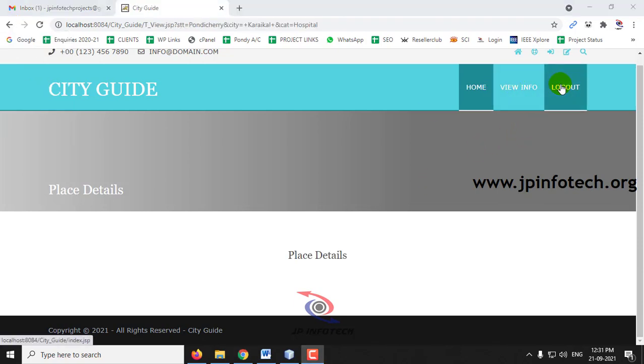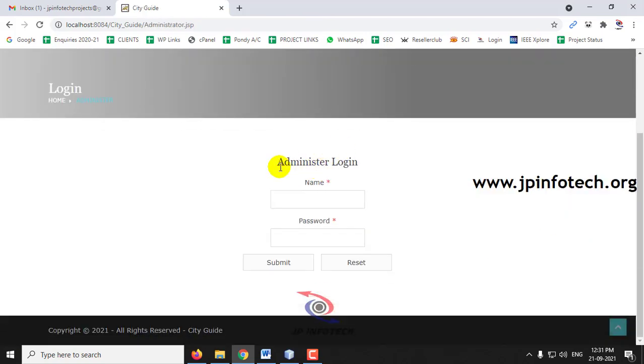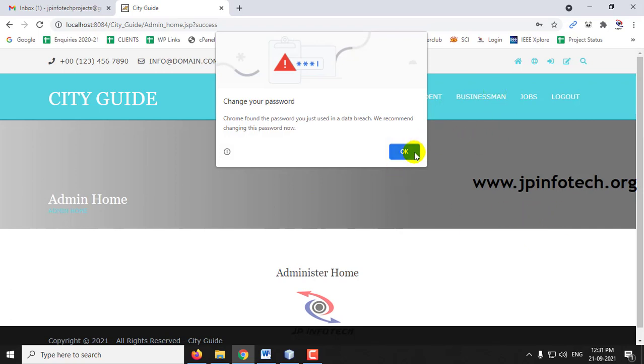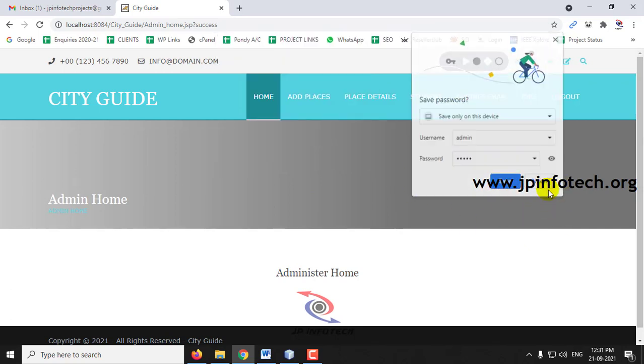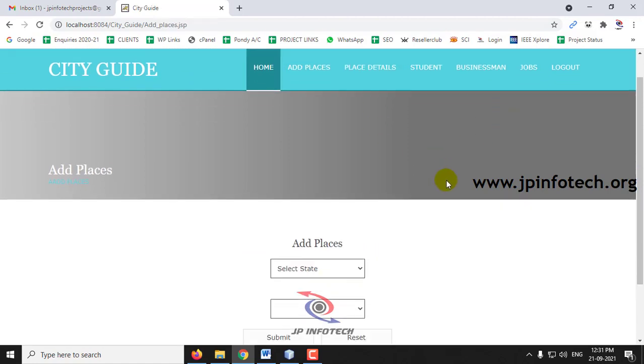So now let us log out from the user part. Now let me go to the admin part. Here you can see the administrator login. Just enter the administrator credentials, and once the login is successful, it will navigate to the administrator home, where you can see the add places option,